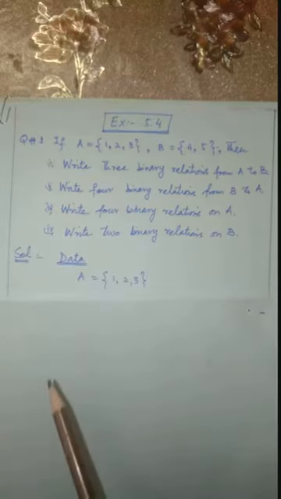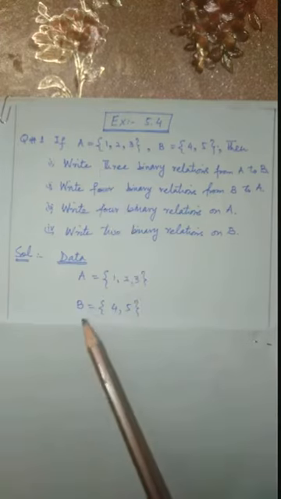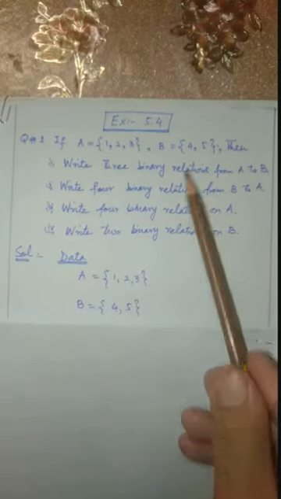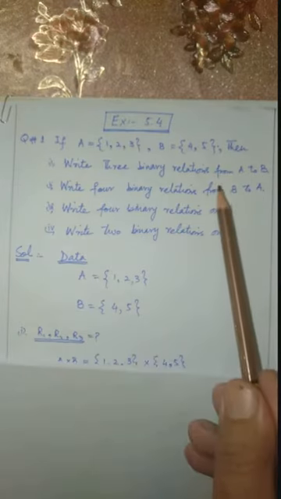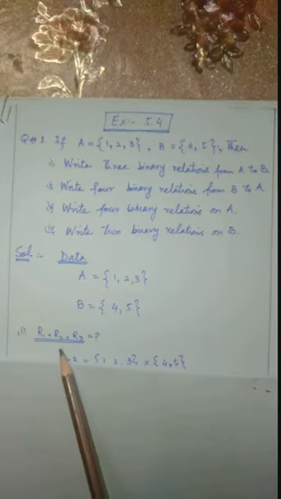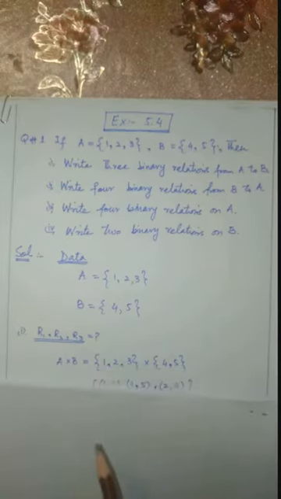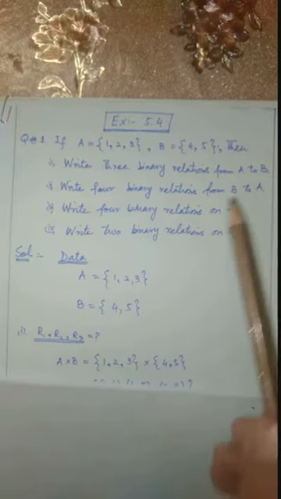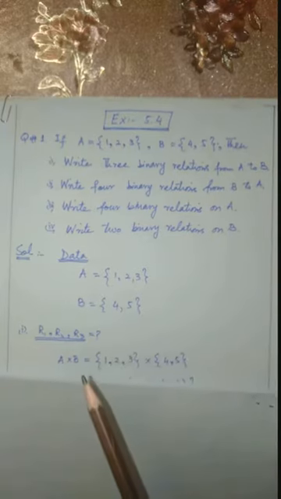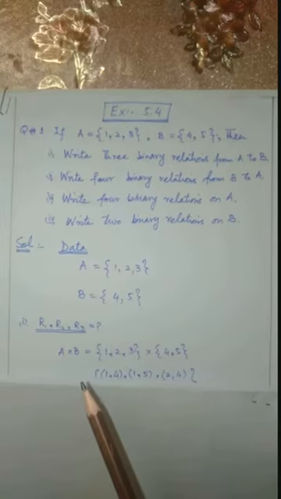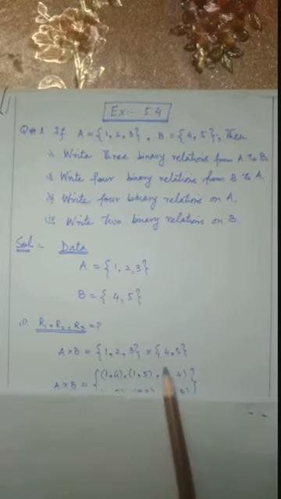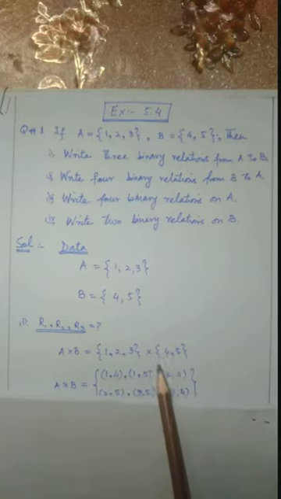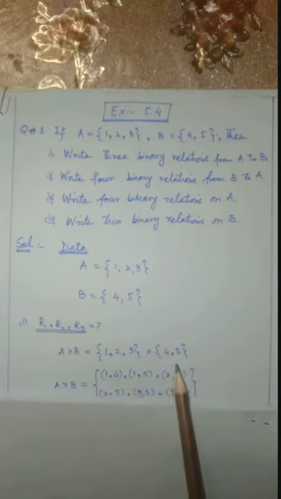Solution. Data: first of all, set A which is 1, 2, 3, then set B which is 4, 5. Part number first, 3 binary relations from A to B, that is R1, R2, R3. First of all, from A to B, so we will find A cross B, the Cartesian product of A and B. First we write set A, then cross, then set B. Then 1 with 4 and 5, then 2 with 4 and 5, and then 3 with 4 and 5,